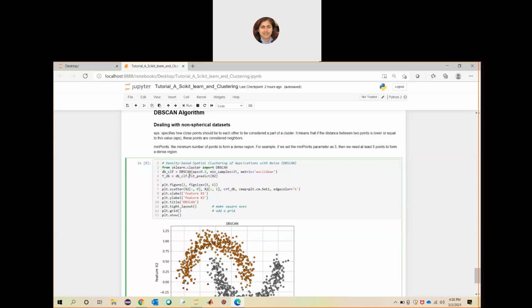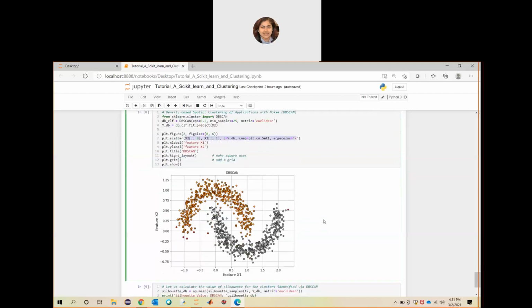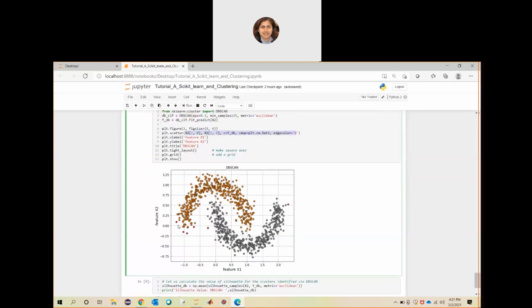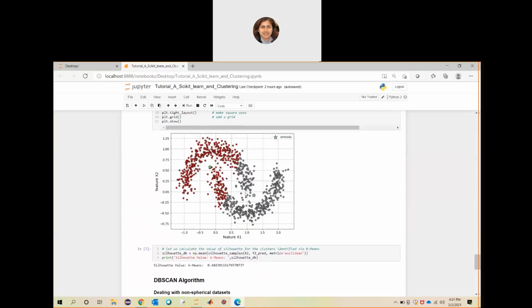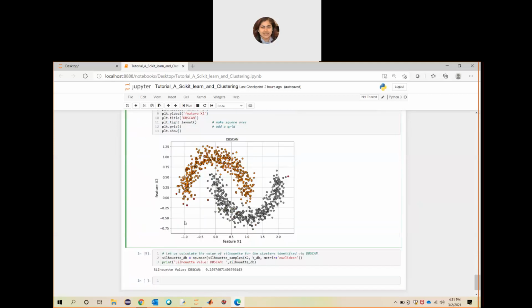That function will now give you the classifier, the DBSCAN classifier, dbCLF. Using that dbCLF, you need to now fit the X2 dataset and you will get the predicted values in yDB. Now use those values in the scatter plot and the points will be plotted this way, as you see in the picture. To some extent, where k-means was not successful in distinguishing the points in the clusters, DBSCAN is able to form the clustering in a somewhat better way.